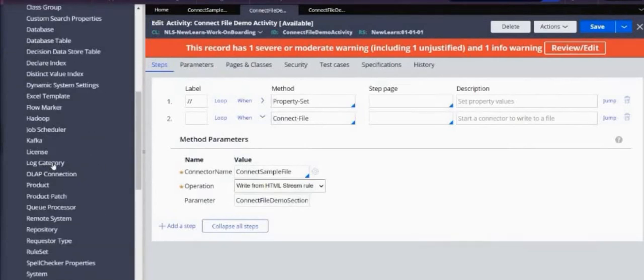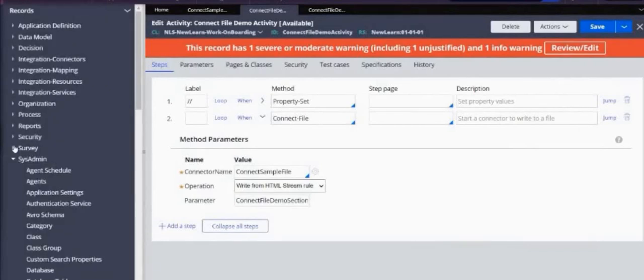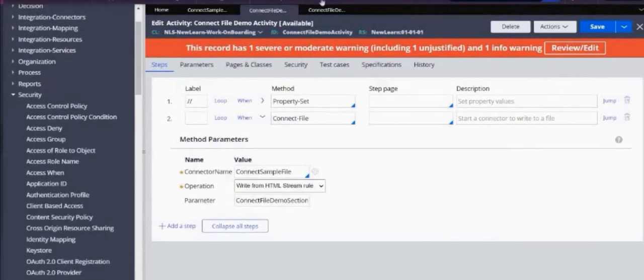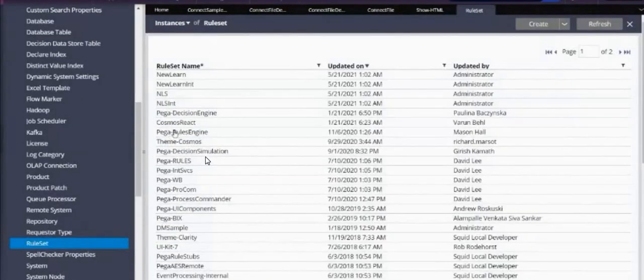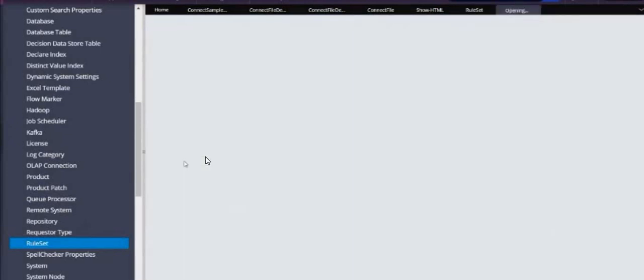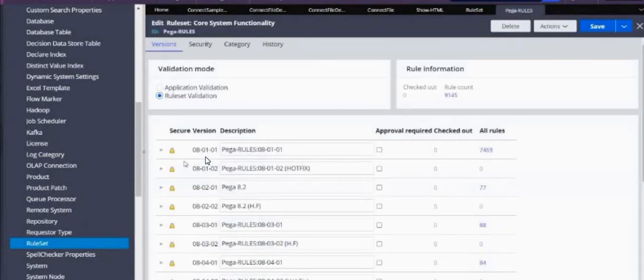So for that, what I did is I went to the rule set and used already available HTML files. I went to the already available rule set, that is Pega rules. In 8.1.1 we have so many rules, right? So let's open that rule and search for any of the HTML rules.